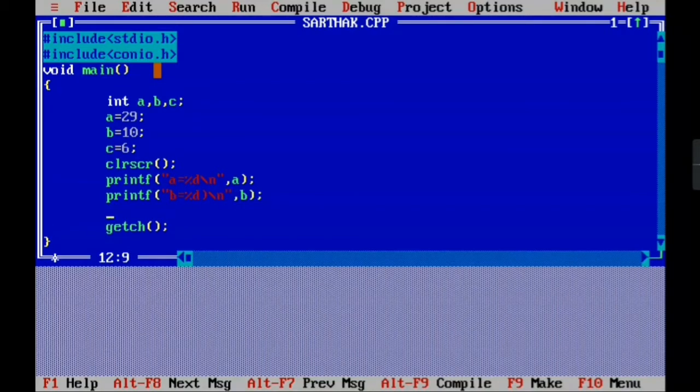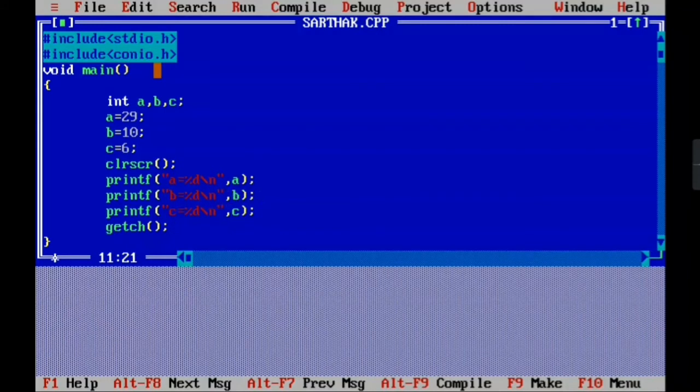Then again printf, c is equal to modulus d, then slash n and, after the double quotes, comma c. And then we put this and the thing is over.